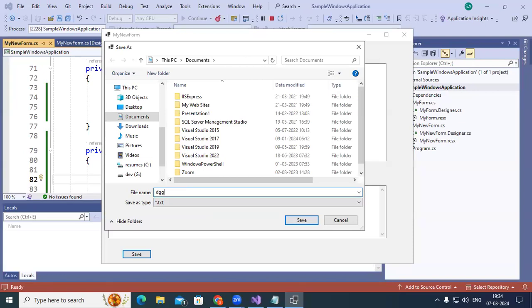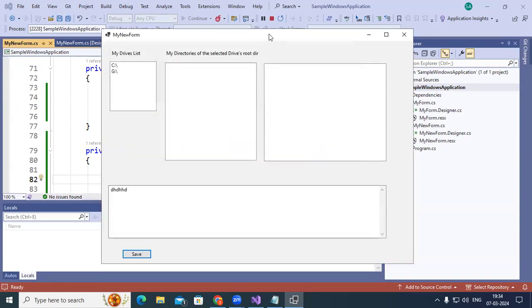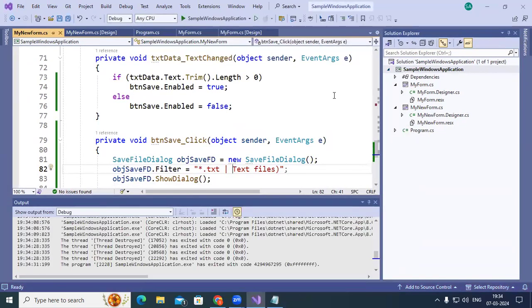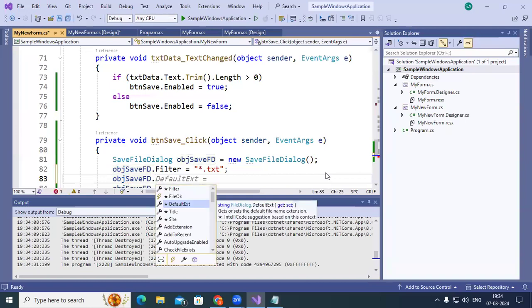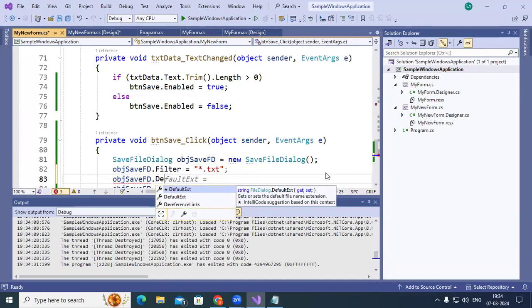Okay, it is going to be automatically getting saved as a text file. We are filtering like that. But here we need to even set the extension. You have to set the extension here. So filter, fine. We just put like this here. Then objSaveFD dot DefaultExt we take here